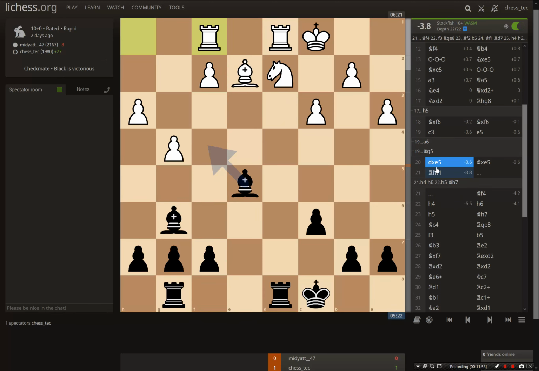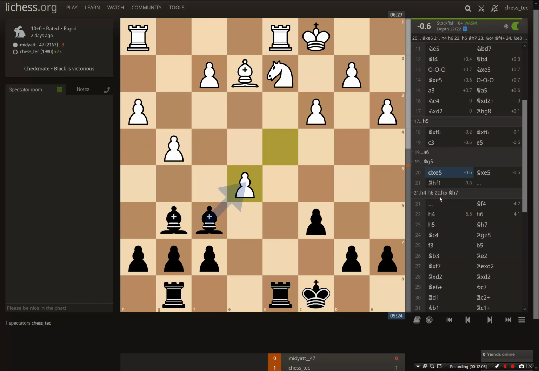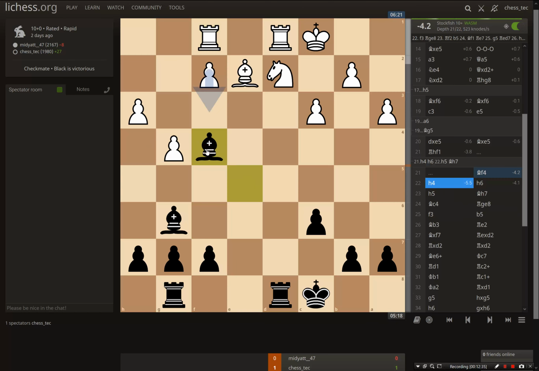But what he does after I play bishop takes pawn, so c3, e5, d takes e5, bishop takes pawn, he goes from just being slightly worse to practically losing with one move, and yet we're materially equal in this position. We've both got symmetrical pawn structures. It's positionally a terrible move, because it obviously then allows me to do that, and then